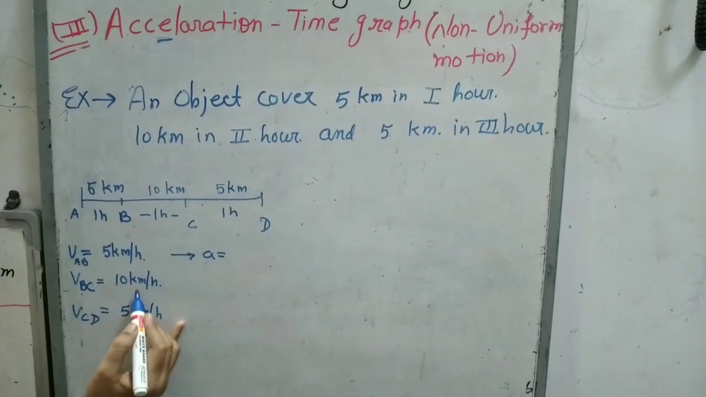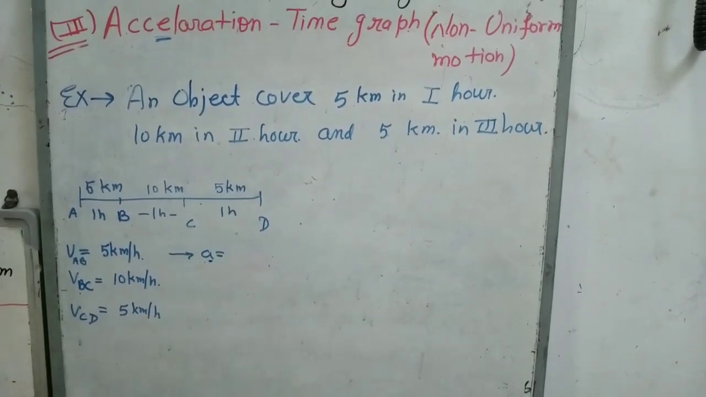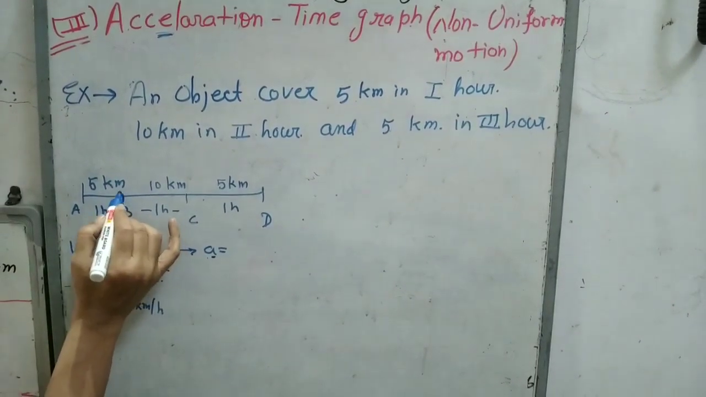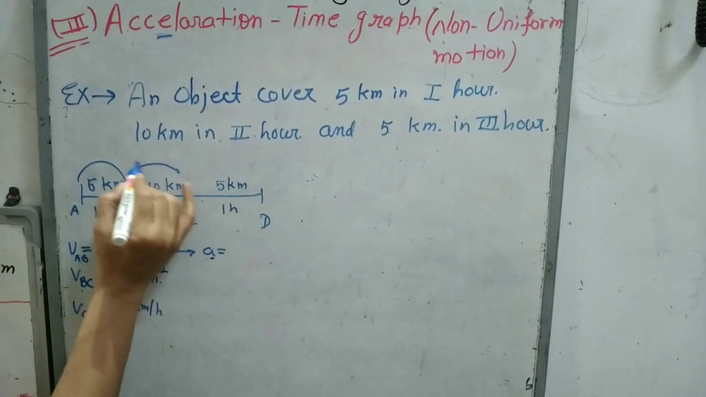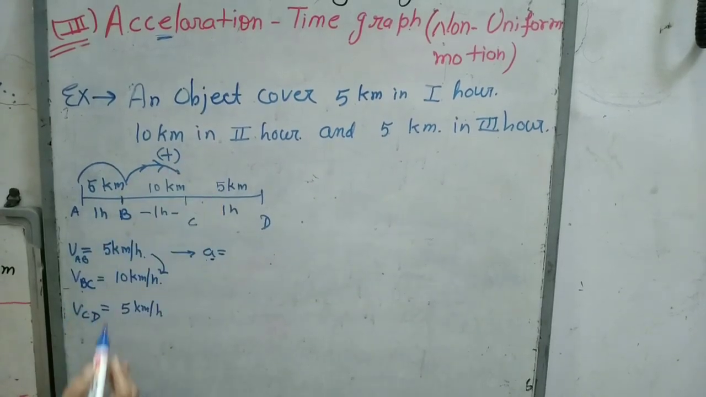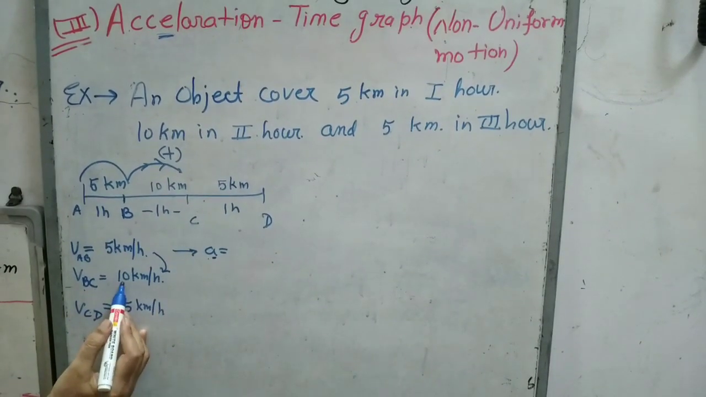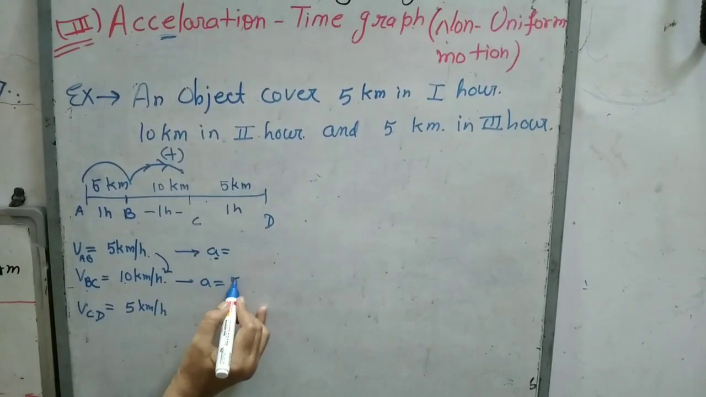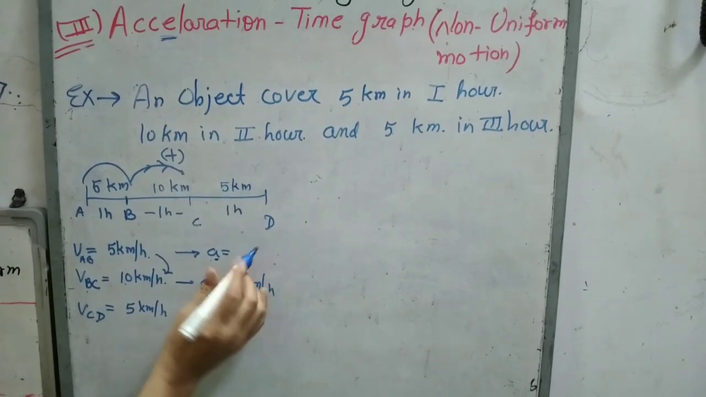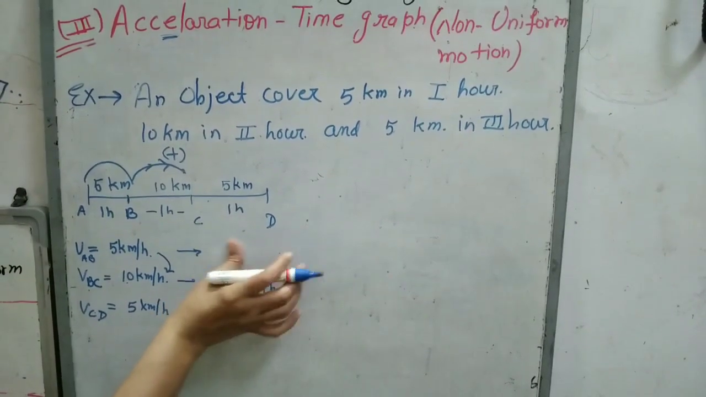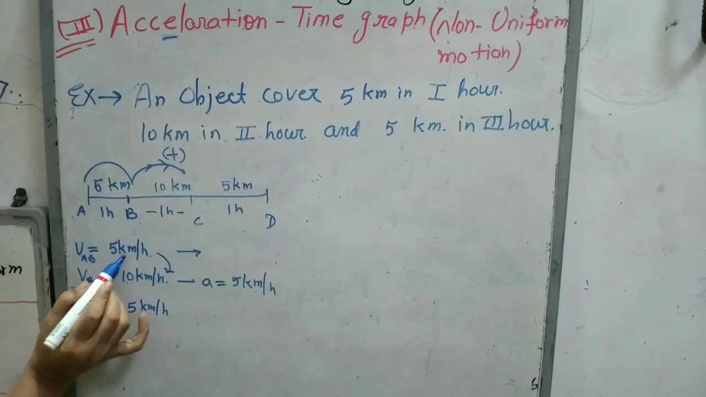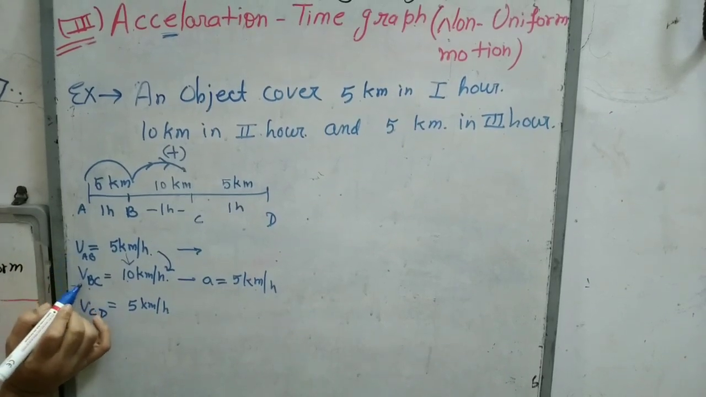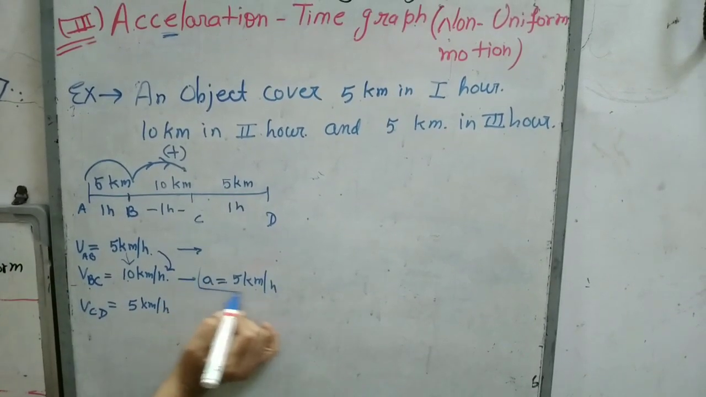Second, the acceleration is increasing. What is acceleration? Rate of change of velocity. So from AB to BC, or from first to second, velocity is increasing. Why? Because velocity increased from 5 to 10 km per hour. That means acceleration is increased by 5 km per hour. Am I correct? As the object is moving with increasing velocity, the acceleration between AB to BC will be increased by